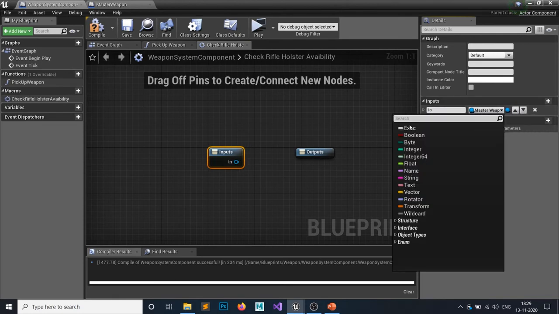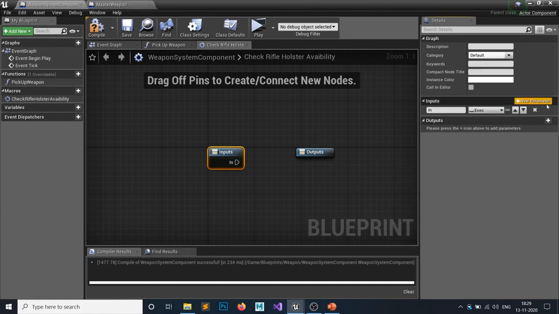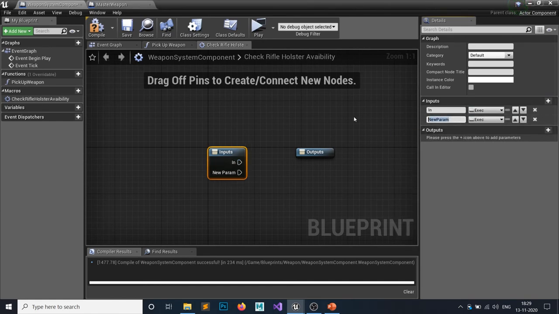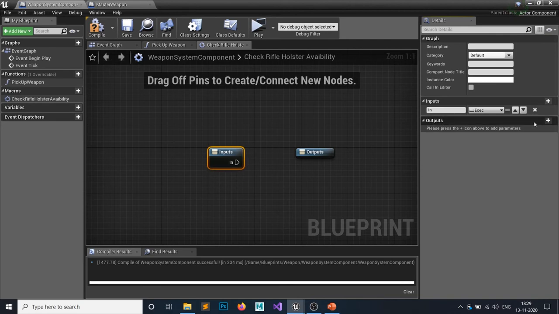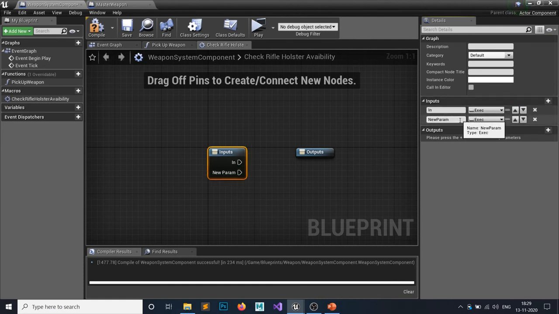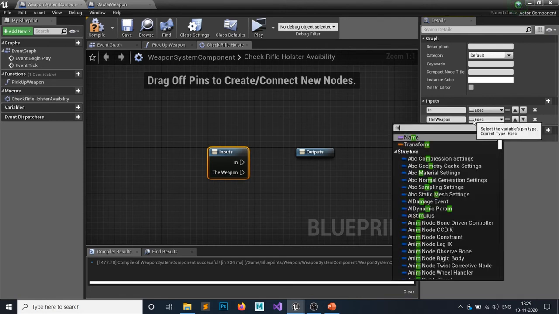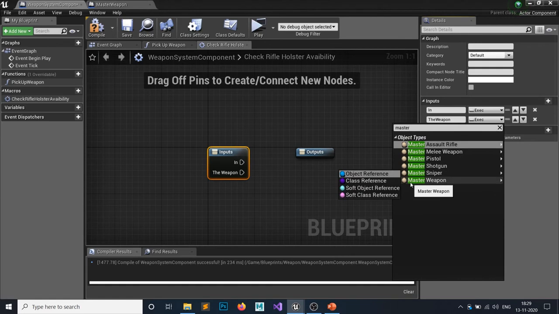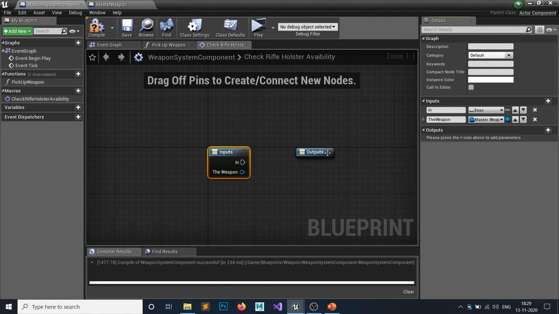This would be an execute type, this exec. And second input would be the weapon. Okay, I don't think I need this, or do I? Yes, I do. It would be of type master weapon object reference. Yep, object reference.